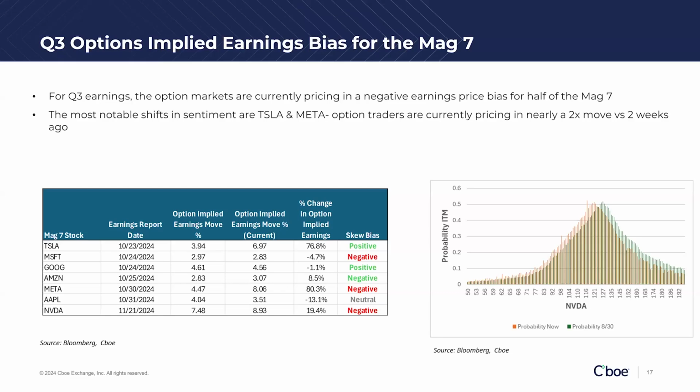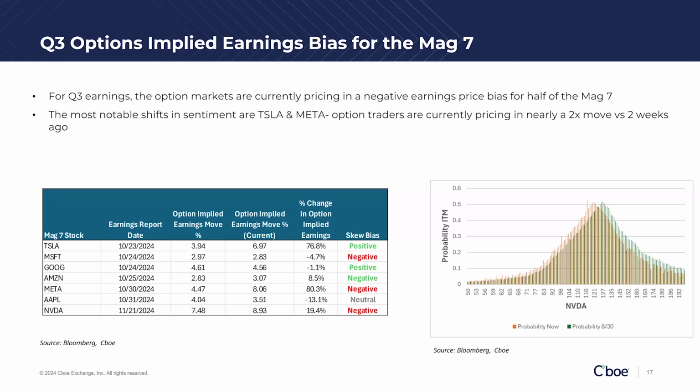And the second thing is that we examine the skew, which helps us determine the directionality of the move on earnings. So what we have in the table over here is the Mag 7 stocks and the respective report dates. And all the way to the right, we show the skew bias, basically the relative demand for puts versus calls ahead of earnings. Basically, we snapped this data at about 2 weeks prior to earnings, and